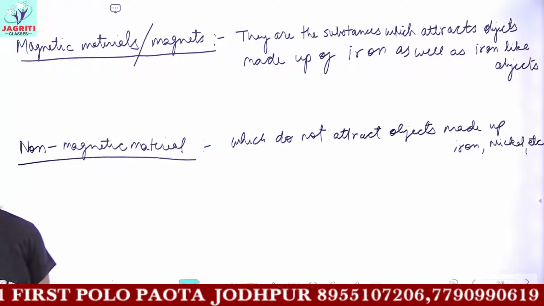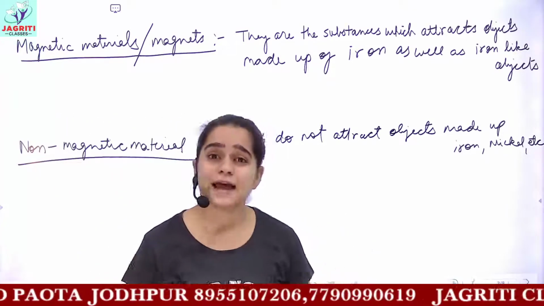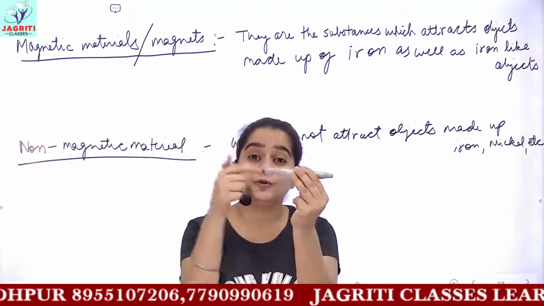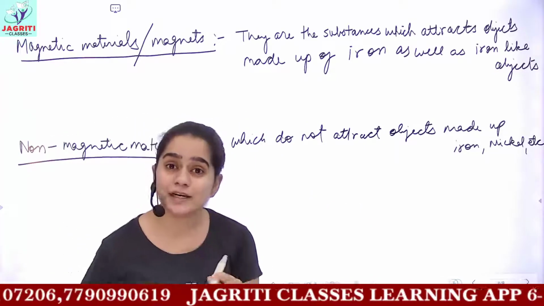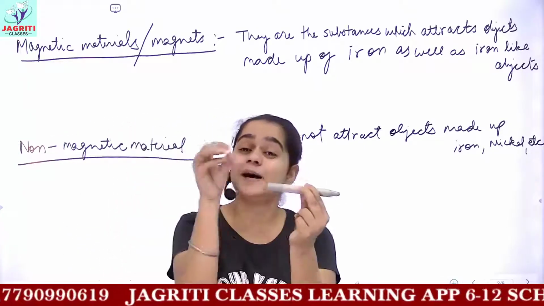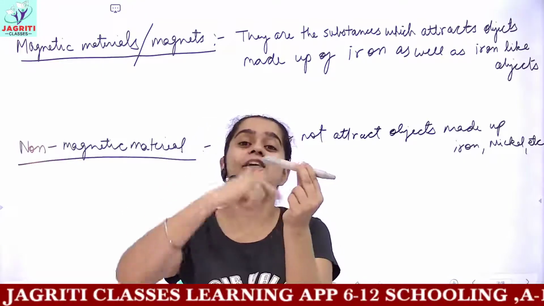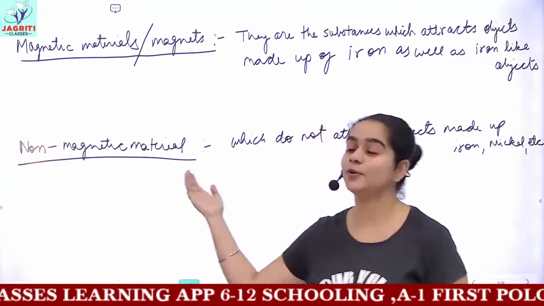Non-magnetic means this pen stylus made up of plastic, it would not attract. If I try to flow the current, then no current would flow because it is an insulator. So non-magnetic materials are generally insulators. They do not allow current to pass through them. So when current will not flow through the material, then no magnetic field would be produced, and hence such materials are called non-magnetic material.